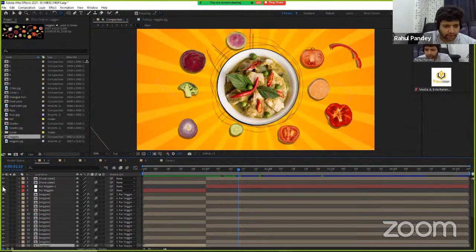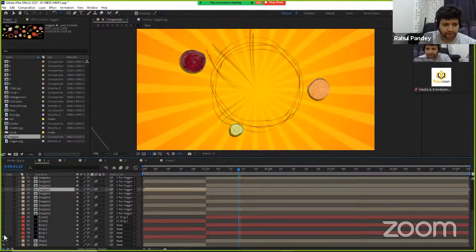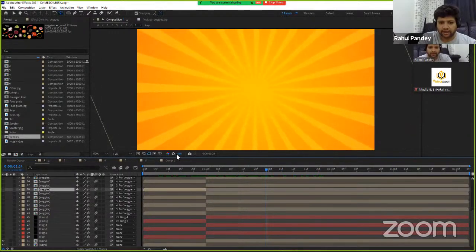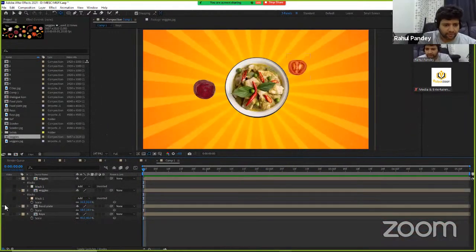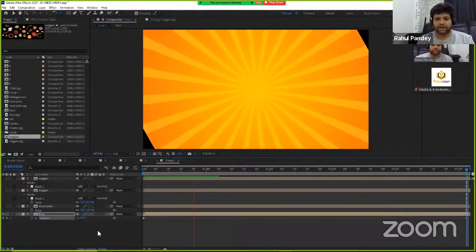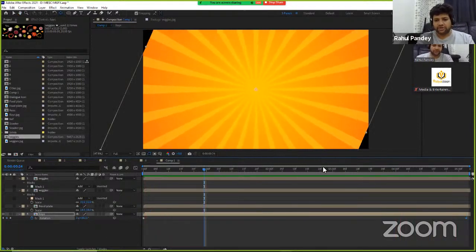Okay, so here I will disable all these layers, and let me show you all these layers one by one. First of all, you have this first image of the ray which is rotating. Now to rotate the ray, I will just apply a rotation animation. And as I told you earlier, a basic animation artist needs to know what exactly transforming animations are. So I will animate the rotation value of this layer, and as you can see, I will apply some rotation to this one. Now you can see the rotation is very fast. So I will slow it down